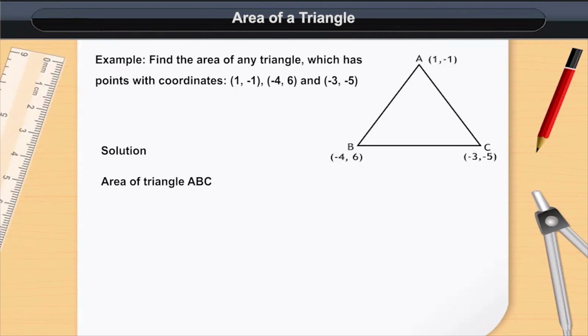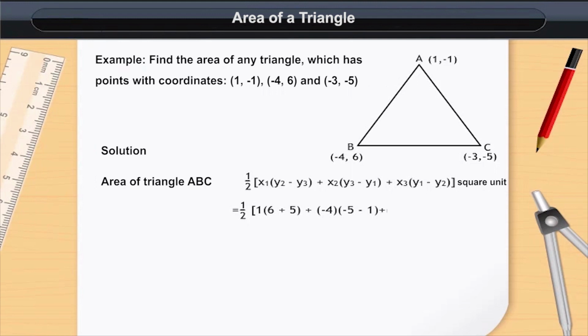Solution: area of triangle ABC is equal to 1 divided by 2 multiplied by [x1 multiplied by (y2 minus y3) plus x2 multiplied by (y3 minus y1) plus x3 multiplied by (y1 minus y2)] square unit, which is equal to 1 divided by 2 multiplied by [1 multiplied by (6 minus 4) plus minus 4 multiplied by (minus 5 plus 1) plus minus 3 multiplied by (minus 1 minus 6)] square unit, which is equal to 1 divided